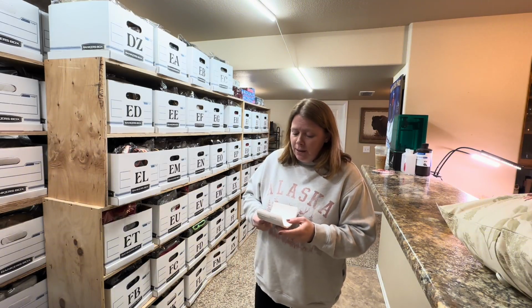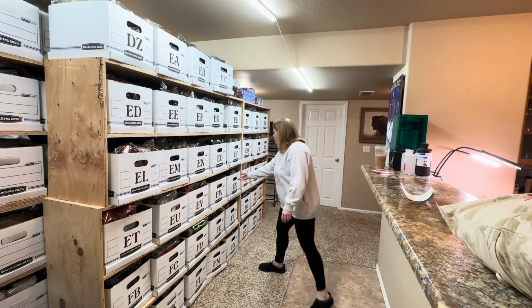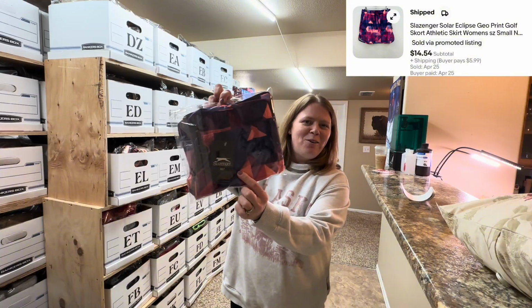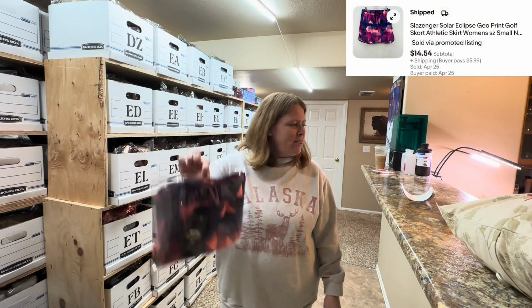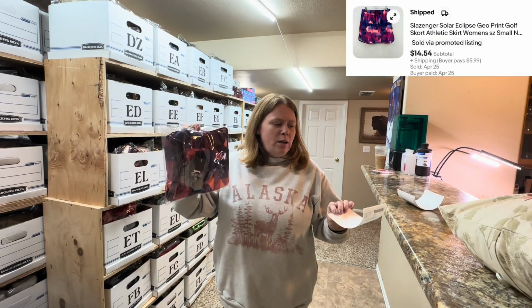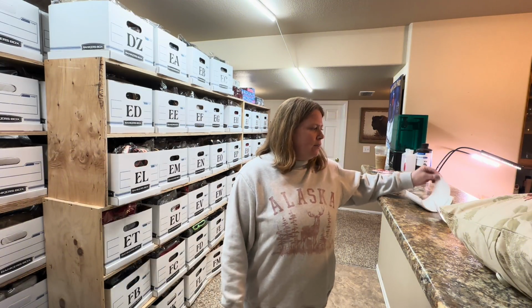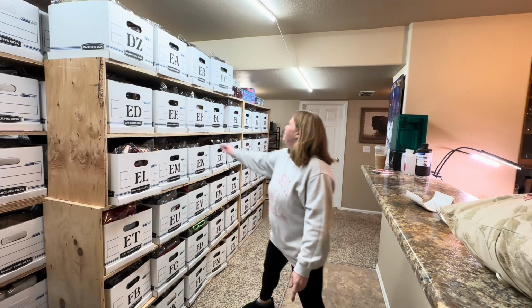All right, next. This is this brand. I'm not quite sure how you say it, but yeah. So this is from the bins. I only bought it because it was new with tag. I would not have if it was pre-owned probably. It sold on eBay for $14.54 plus shipping, so not too bad. I'd say that sold in less than 30 days. This was kind of a cool sale, not for a lot, but